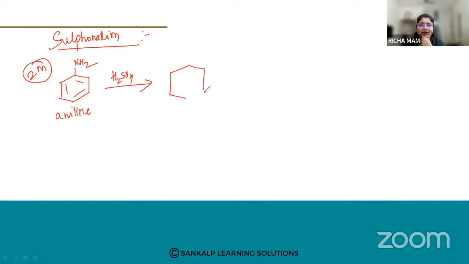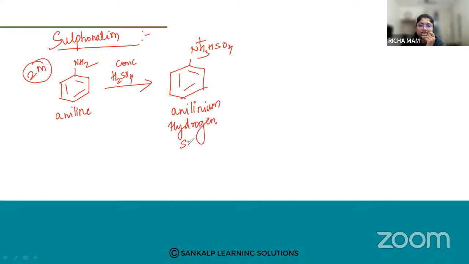What am I going to get? I am going to get NH3 plus HSO4 minus. So aniline reacts with concentrated H2SO4 to give anilinium hydrogen sulfate. This, on heating further at 453 to 473 Kelvin,